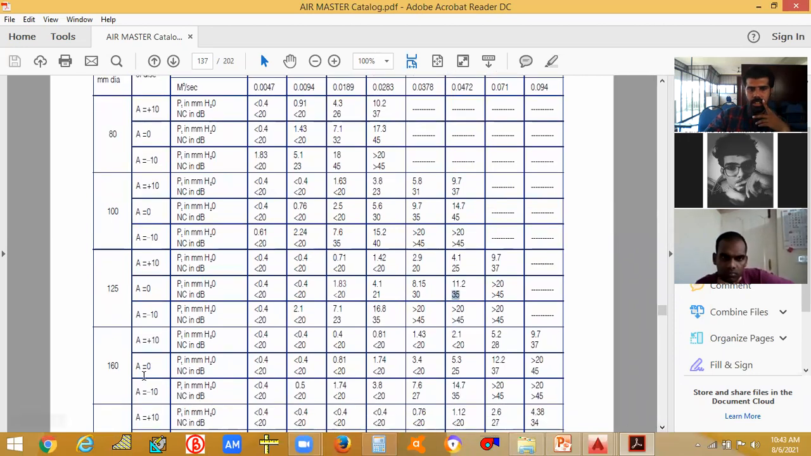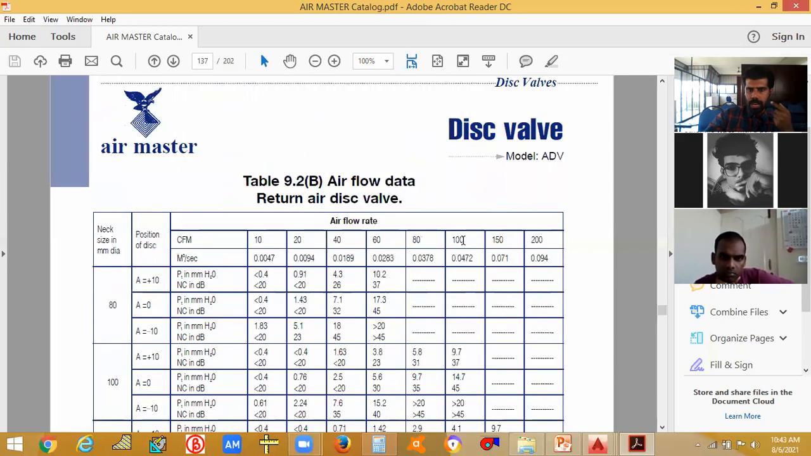Go to the next size. Take 160 diameter. If you are taking 125, it will be fine. Or you can go to the next option, 160. When you are choosing the next option, 160 for 100 CFM,